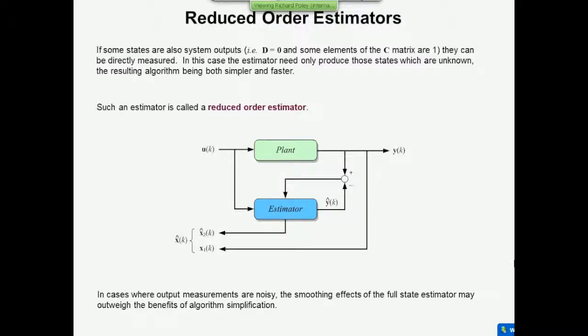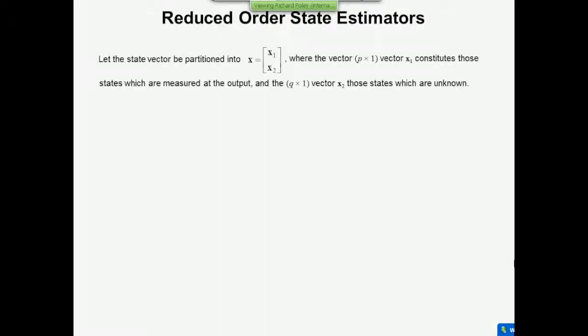It's called a reduced order estimator. And once again, I mentioned the fact that you may not always want to do this even when you can, because the benefits of computed states are that they're not subject to electrical noise or that type of thing, or disturbance, in the same way as measured values are. Now, it's quite complicated to design this. You have to get your head around some weird concepts, but let me explain how you do it.